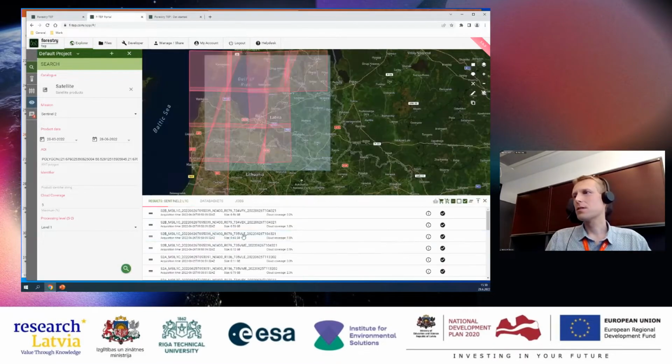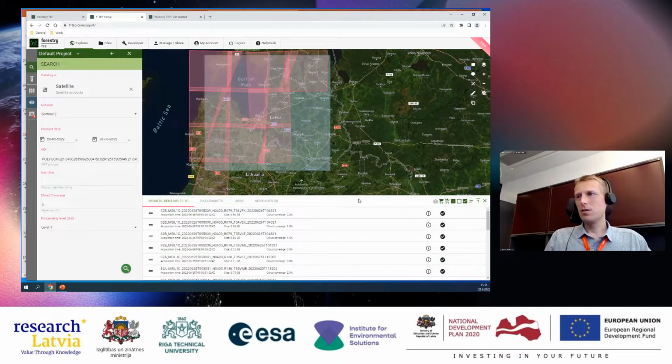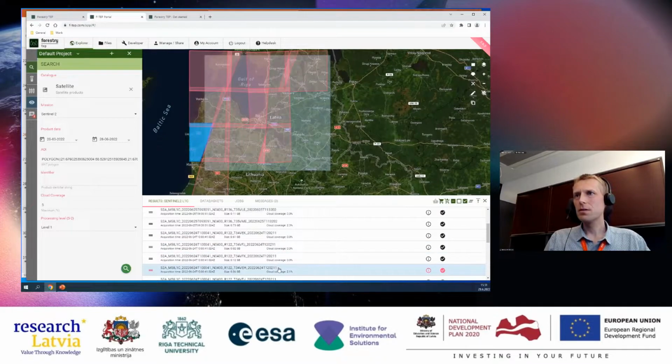And then you can hit the search button, and this data panel opens at the bottom, showing the results of your search. And as you can see, when you scroll down or go through the list, you can see where the file actually is. Let's see if we have some.